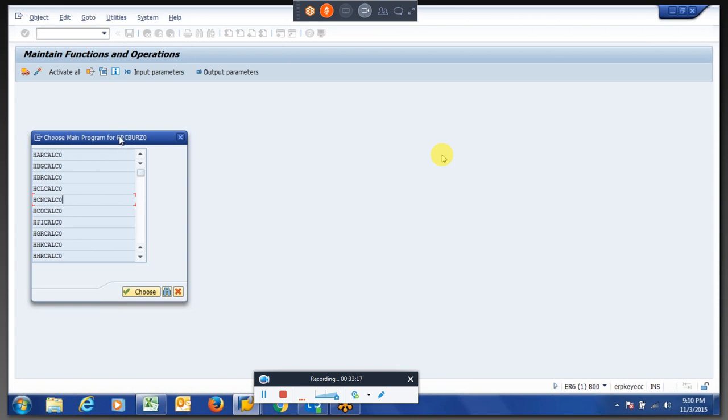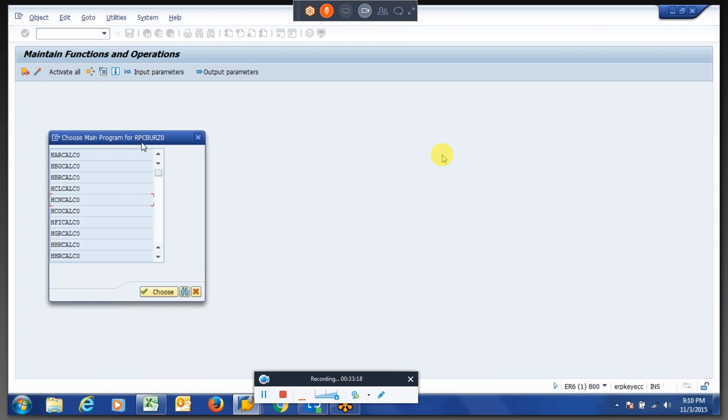If you can see in the header title, RP CBU RZ0. Whatever I am explaining is completely a web related thing, but you should know the functionality of the function.